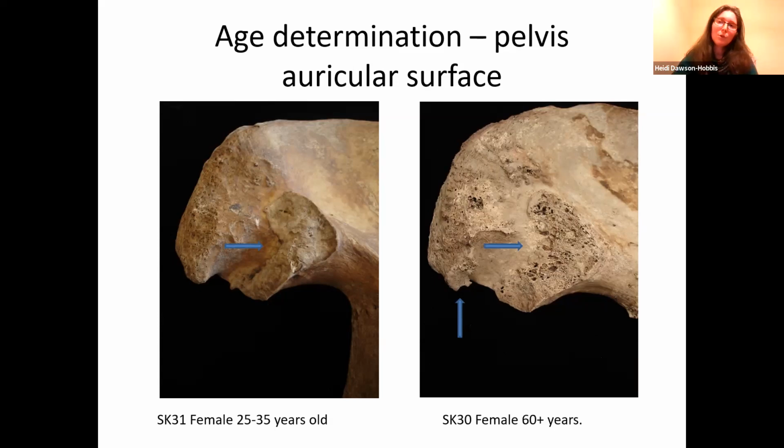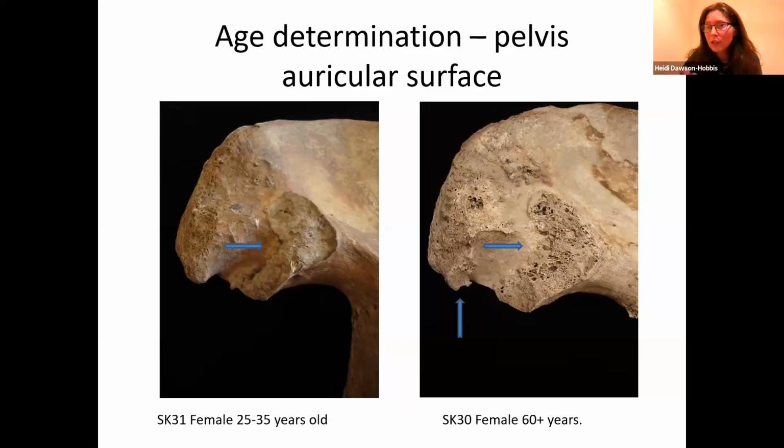So again, I've just put some arrows on the images. Our example on the left-hand side is of a young individual, someone 25 to 35 years of age. And then the image on the right is of a more elderly female of 60 plus years. In the young individual, the bone has these little lines running across it, these striations, which is what we see in young bone. Whereas in contrast, in the older bone,